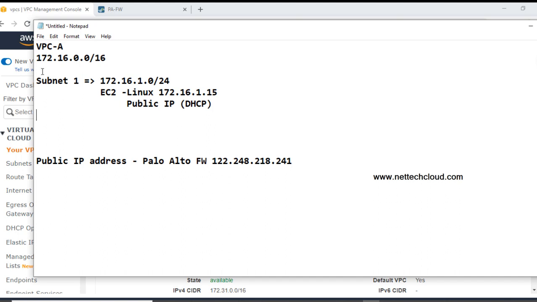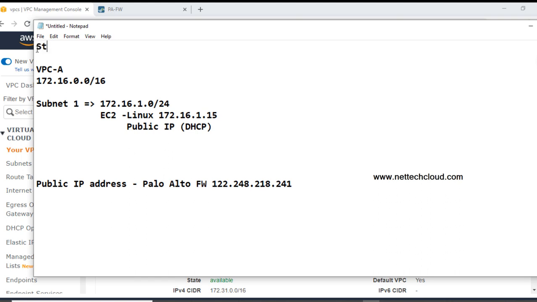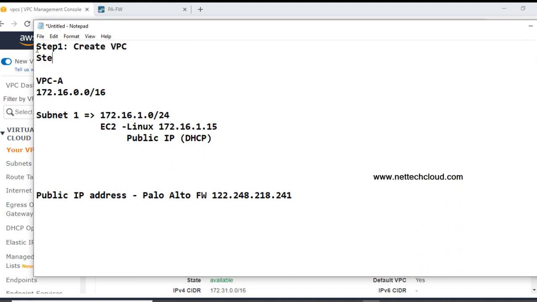And for internet connectivity, of course, step number one is creating the VPC. Then step number two is to create a subnet, and the subnet address I want to use here is 1.0/24, and the VPC is 172.16.0.0/16.